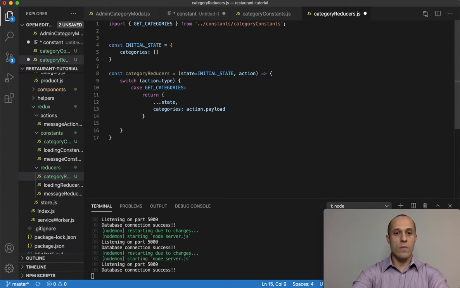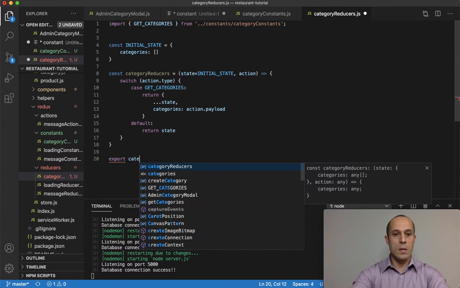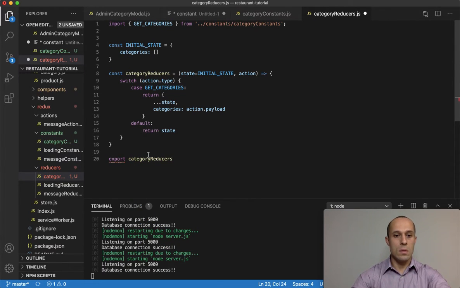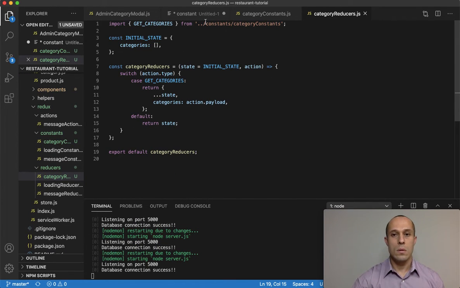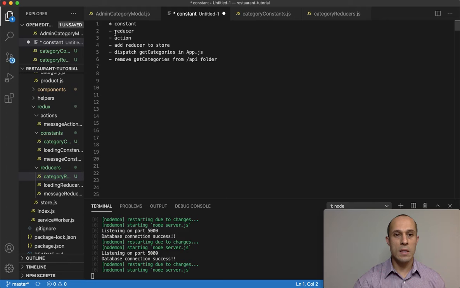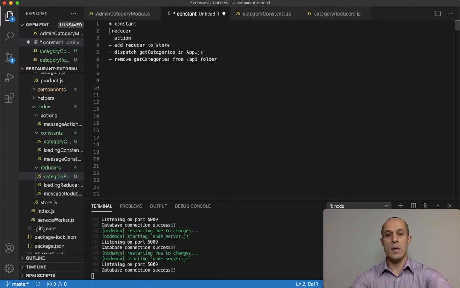And then we're going to do the default and return the state. And we're going to export this category reducers, export default. All right. So now that we got the reducer taken care of, move on to the action